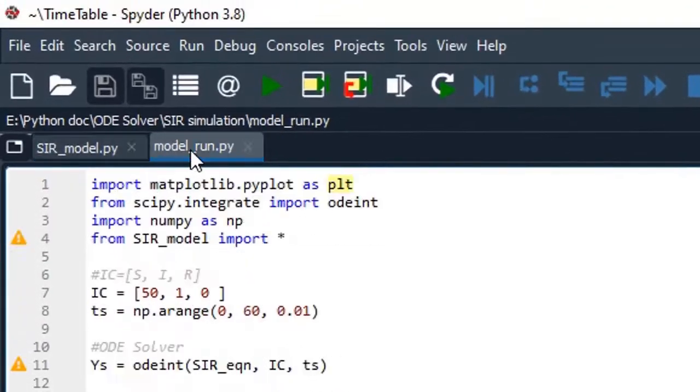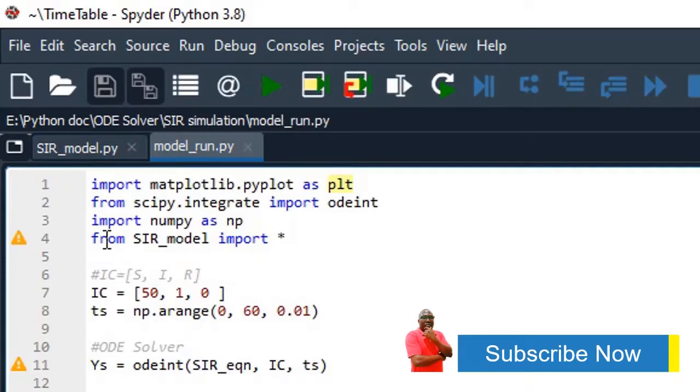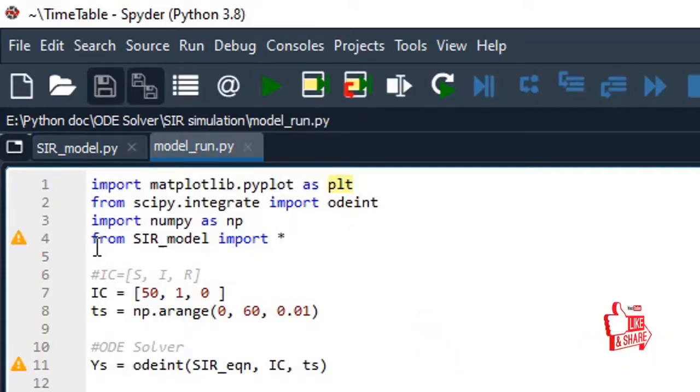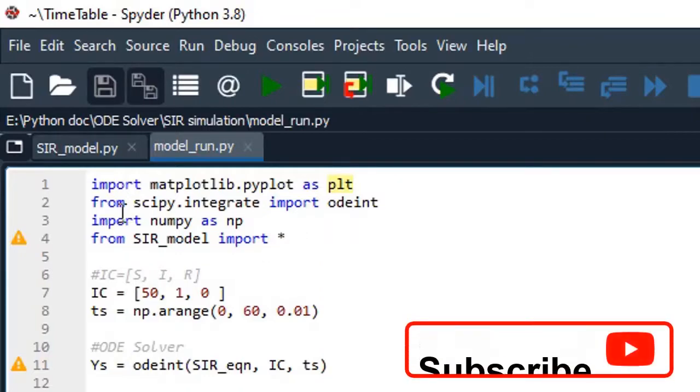Then go to the second file and import everything from the first file, as you can see in this function. I called everything from the SIR model into this file, and then I have other libraries I'm going to use, like odeint, which will be used to solve the system of differential equations from the first file, and plt for plotting.